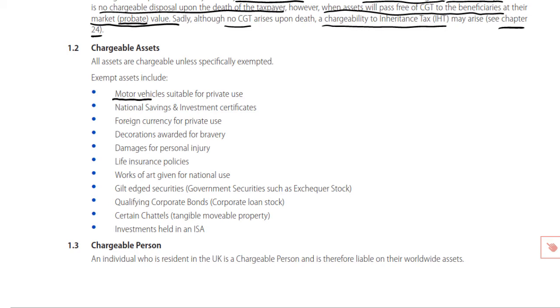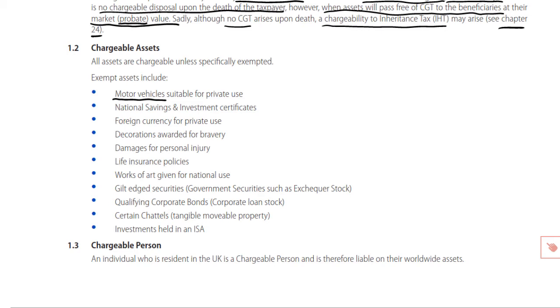Firstly, motor vehicles. They're that are suitable for private use. Normally a motor car, but motor vehicles suitable for private use. If you dispose of your car, then it is an exempt disposal. And that will apply whether it's what you're thinking of, just your car that you use on a day-to-day basis, or even indeed if it was an investment asset like a vintage car. Cars, whether vintage or otherwise, are exempt from CGT. Now again, in most circumstances,